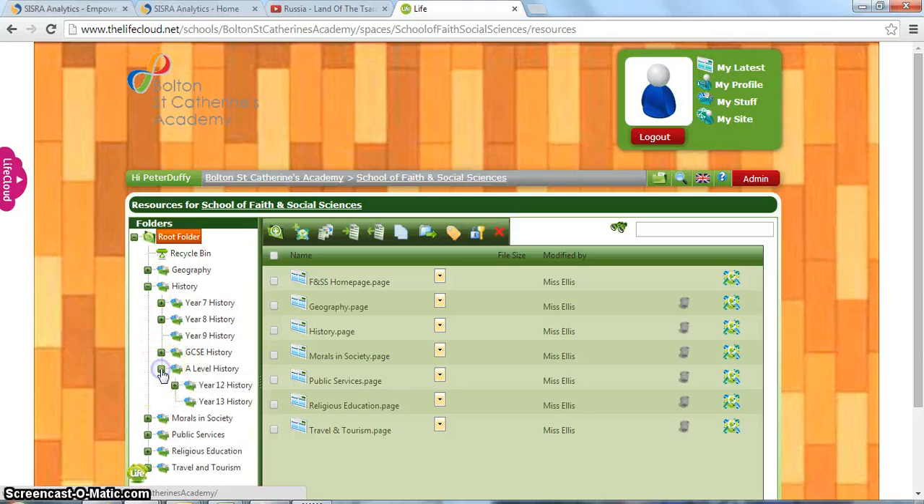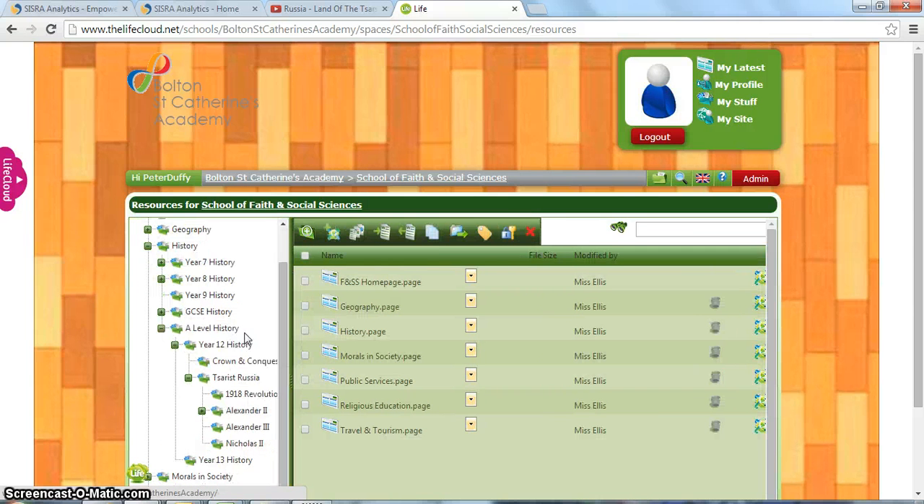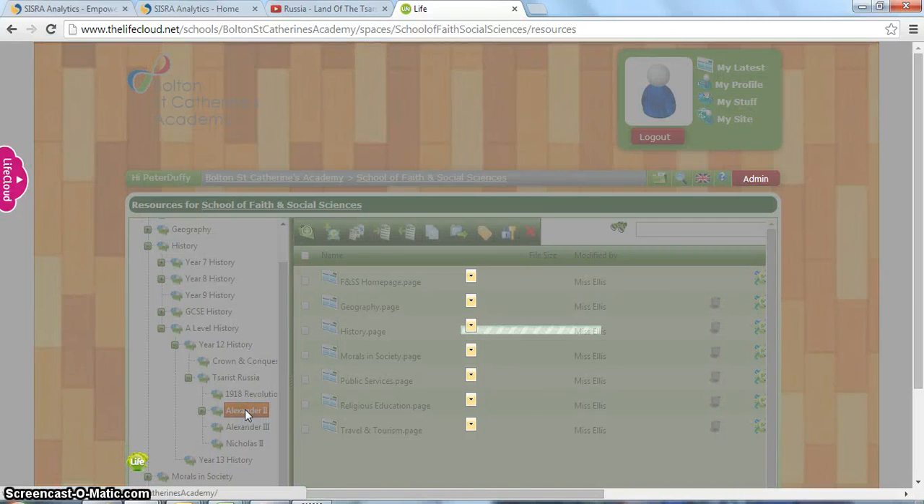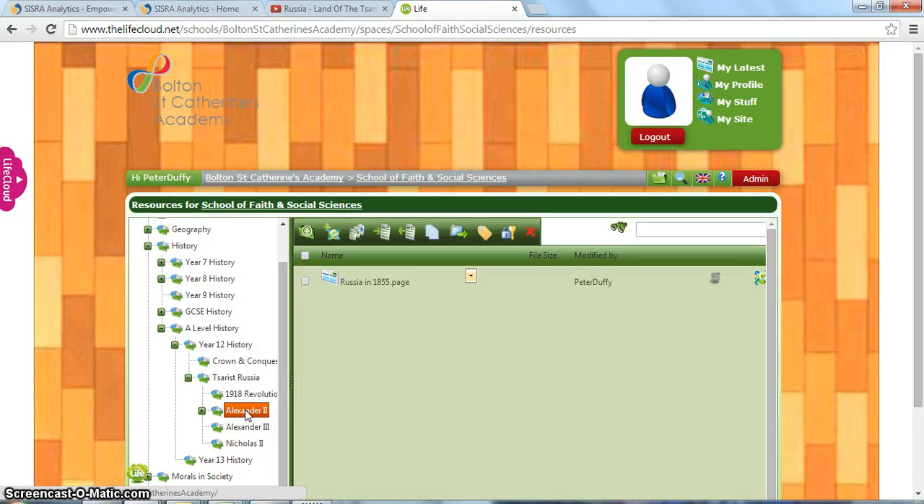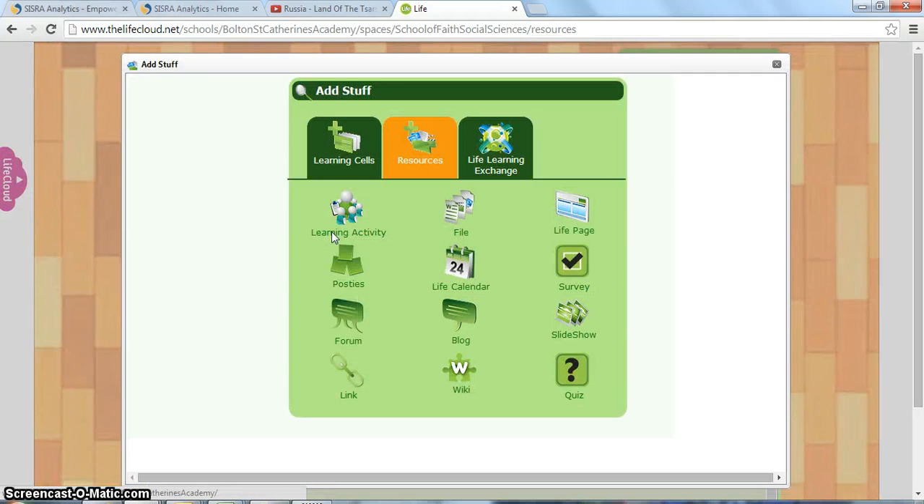So it was in history, A level, year 12, and I'm just clicking these little plus signs. Tsarist Russia, let's just get a bit of space here, and I wanted to create it here in Alexander II. If I click on there, it'll show me the resources that are in that folder, and as you can see, I've already got one Life page called Russia in 1855, but I want to add another. So I'll click on